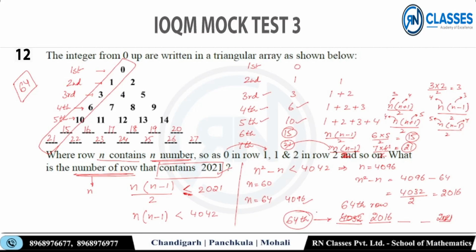63 कैसे आ गया भाई, 63 का स्क्वायर इज 3969, और 63 माइनस कर दोगे तो 3906 आएगा, ठीक है। अब 3906 डिवाइडेड बाय 2 विल गिव यू 1953, ठीक है। सारे लिखोगे थोड़ा ही, 2021 तो बहुत आ गया, मैंने 64th रो लिखा, 2016 आया, 2021 मेरे को पता चल गया, क्यों, इसके बाद 2017 आएगा, 2018, 2019, 2020, फिर 2021, ये आ गया, इसी रो में ही लाई करेगा, पहला नंबर आ चुका है।